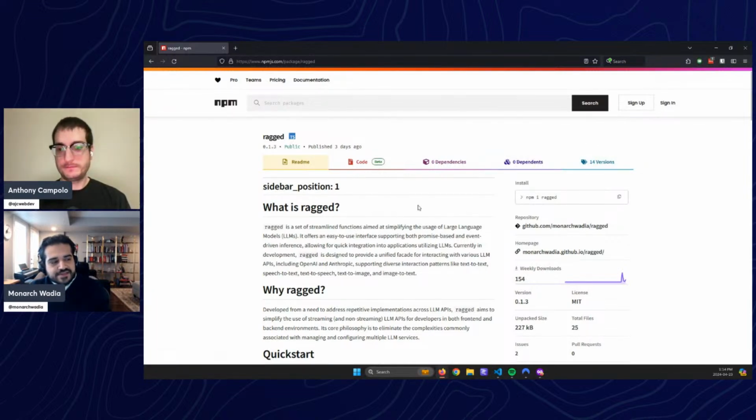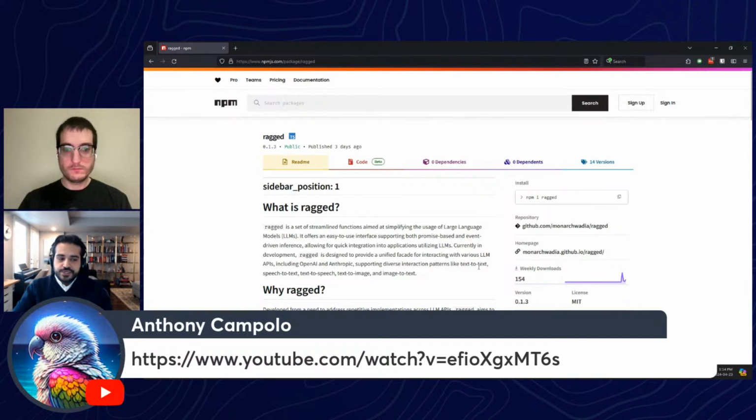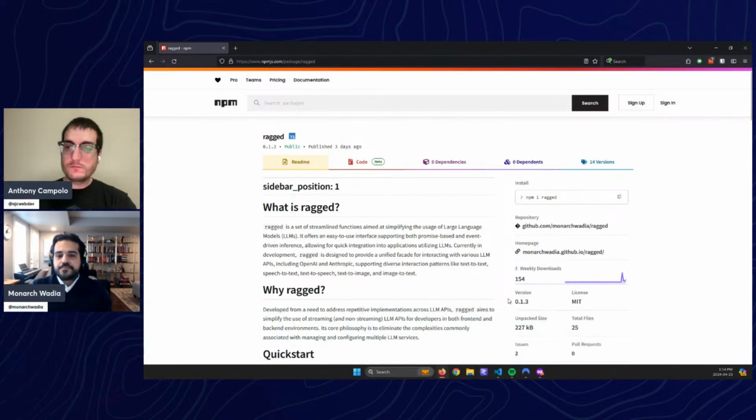This is, as you can see, by sidebar position 1, which is an artifact of Markdown front matter. As you can see, this is very raw. It's version 0.1.3. But what I'm excited about is this is an opportunity for me. Thank you for giving me this opportunity on your platform, for me to get other people excited about this project and join us in the community to start working on